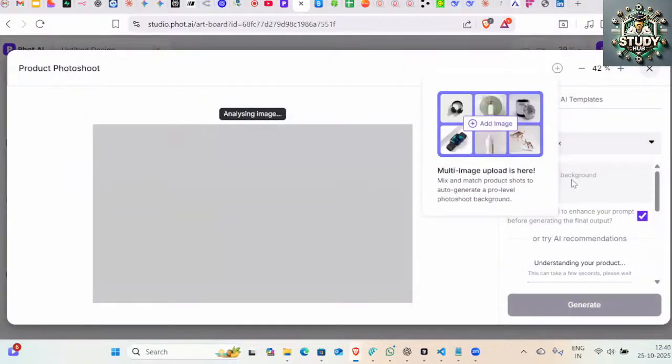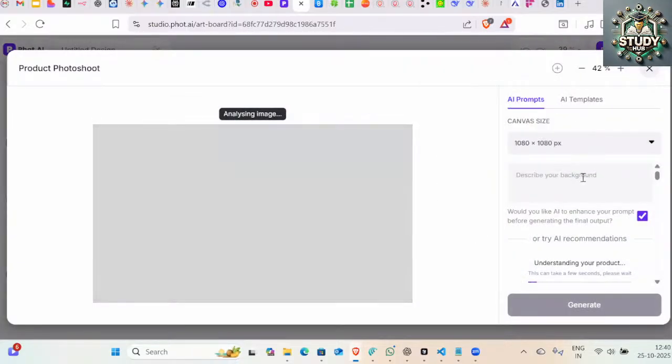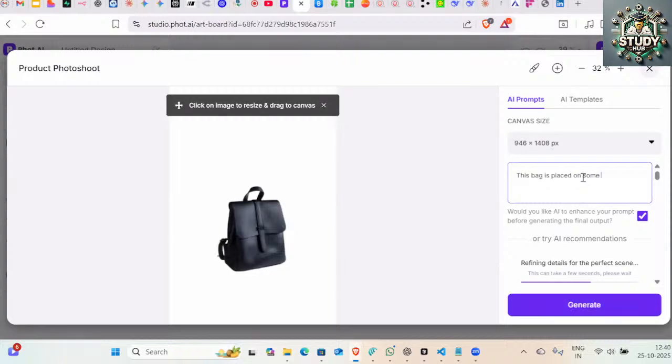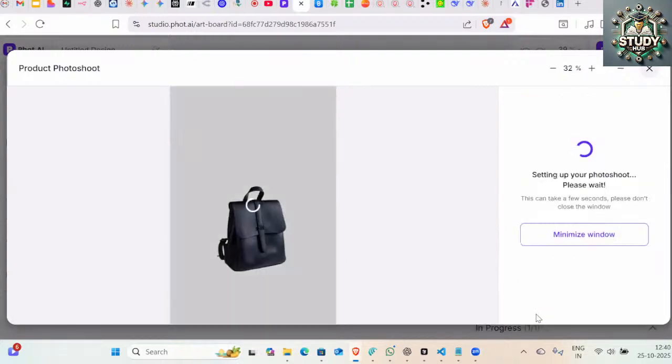I can give a prompt that this bag is placed on some beach. I've just given a random thought, and now it will take your product photos and create professional e-commerce ready photo shoot images for yourself. You can remove the background and do a lot of great stuff out there.